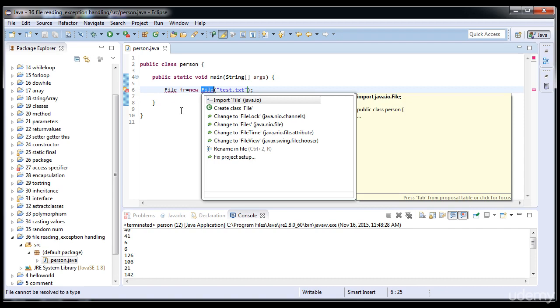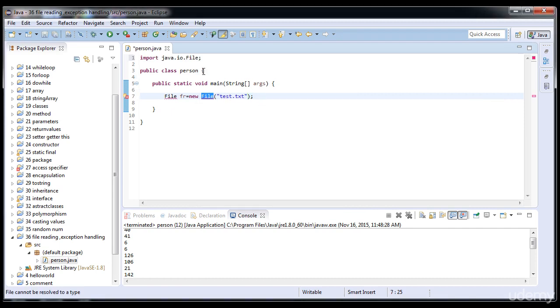What type of an error? It says to import java.io.File, and now the file object is ready, and now we need to create a FileReader object. The FileReader object reads the file. Here is the FileReader, and